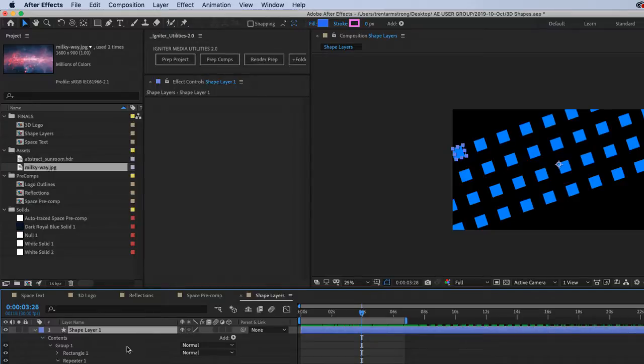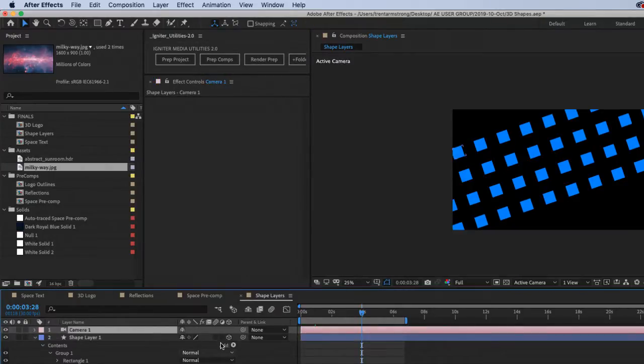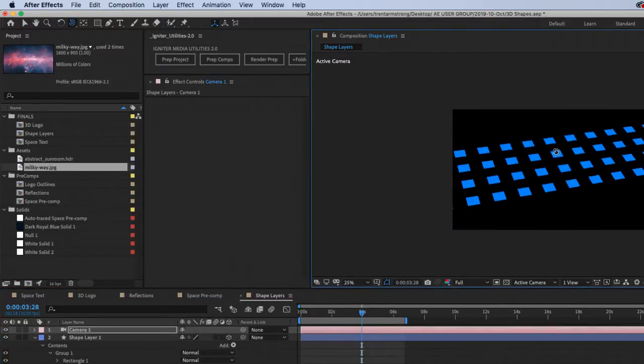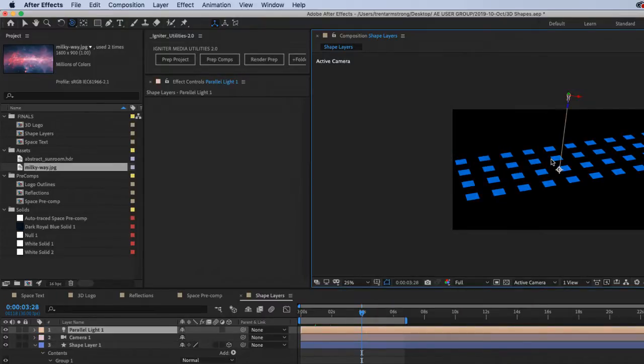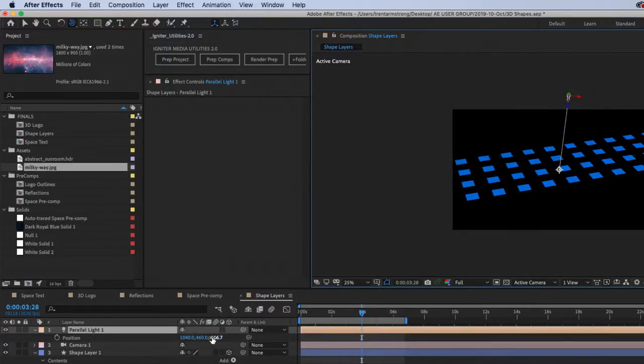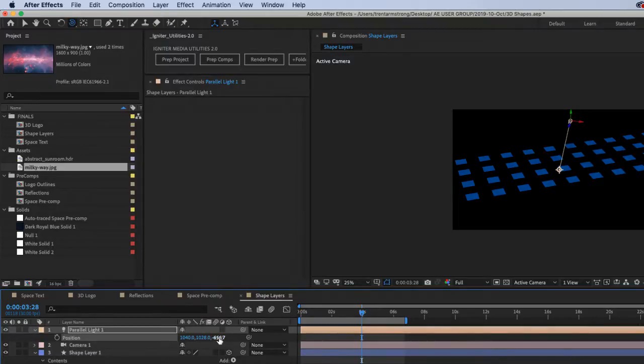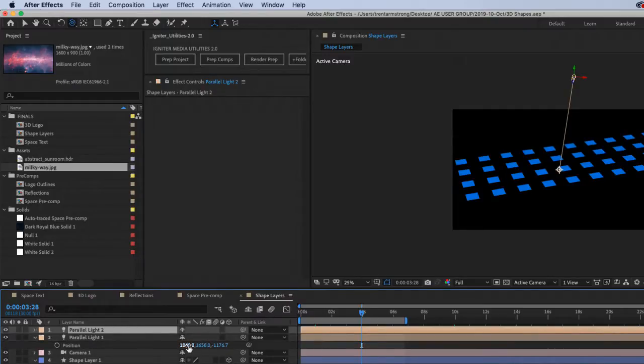Now let's see what that looks like in 3D space. That's clever. I'll put a light on there. Another one.